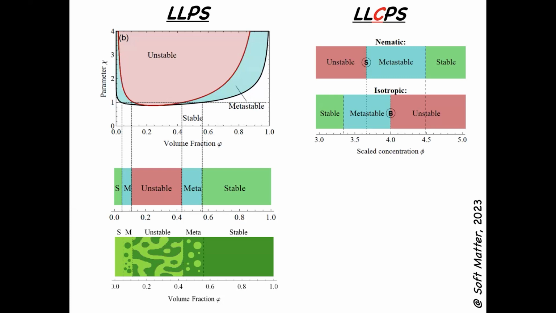And you can very well be in a region where the free energy is convex if you take the second derivative with respect to the concentration, but it's concave if you take it with respect to the order parameter. So this tells you that it's not enough. You have to see what the initial state is, what the derivative versus S, the order parameter, is, and what the derivative versus composition is.